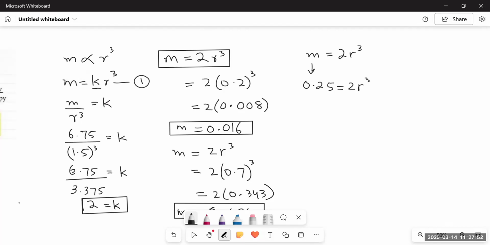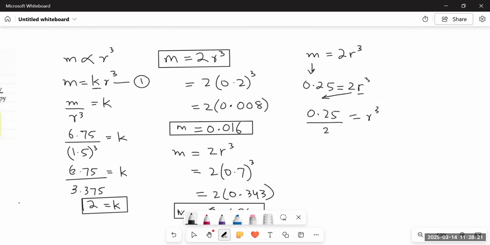Then when a number is getting multiplied and having a power at the same time, if we are solving it, first we will solve the power and then we will multiply it with the answer. But if we have to find the value of R only, first we will remove the number, the coefficient, to the other hand side, and then we will take the cube root on both sides.